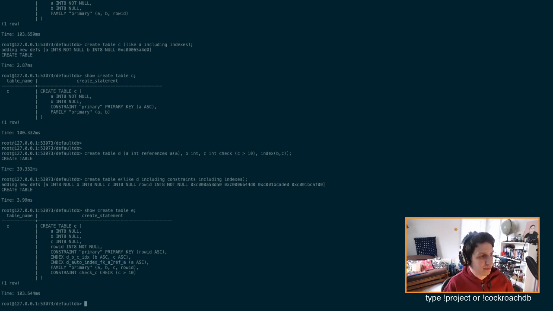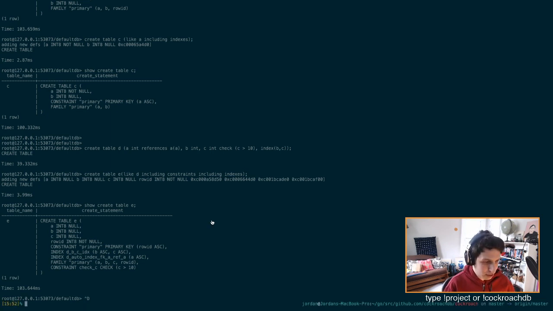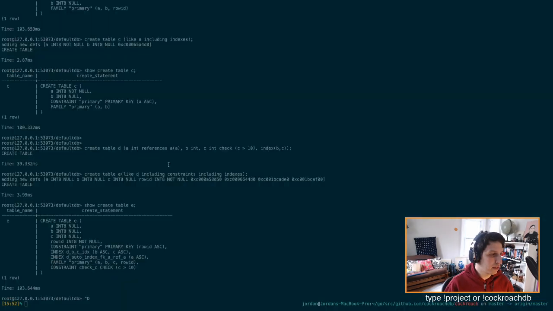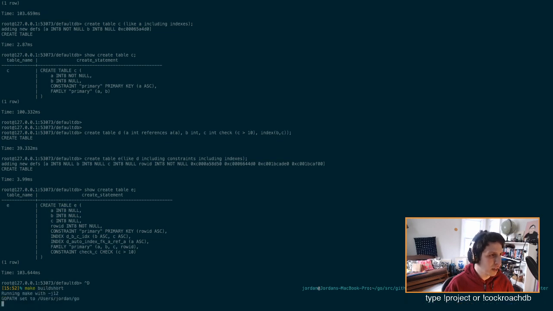Although maybe it should be included. I think it actually should be included, because with this including indexes thing, it really should probably just include all the indexes. Anyway, okay, so let's look at what's going on with the code here. Actually, before we do that, let's just quickly rebuild, because I think I might have fixed this thing